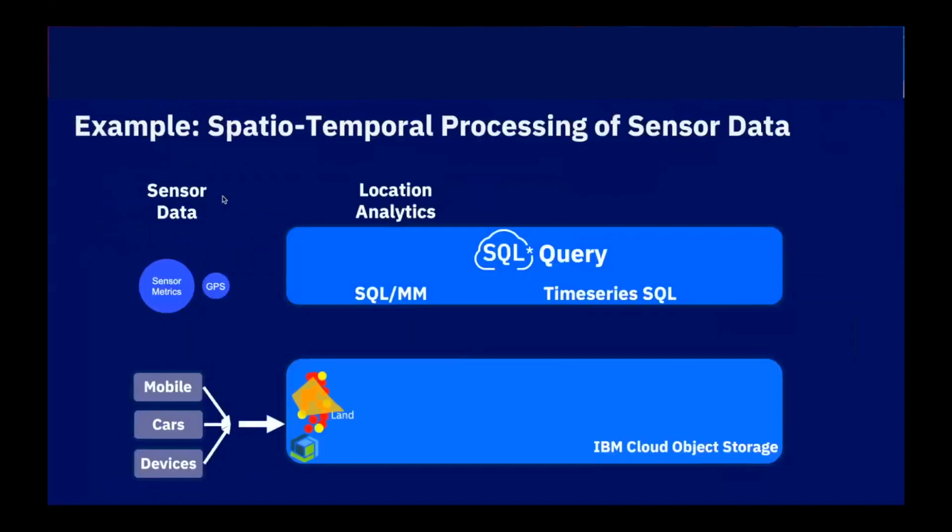Now, let's put this into an end-to-end scenario, how it plays together. You may have a lot of sensor data coming in from devices, from mobile devices or cars, automotive, and they're just sending data, measurement after measurement. What we do is first land all of this data on Cloud Object Storage. And first we use geospatial SQL constructs in order to filter data. Give me only the data that is within, let's say, Germany or within Stuttgart, a certain location that we are interested in analyzing now.